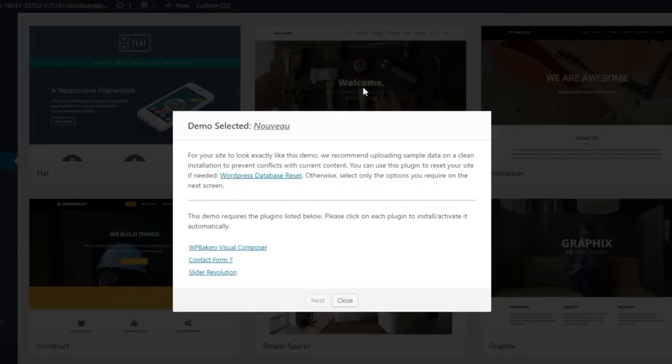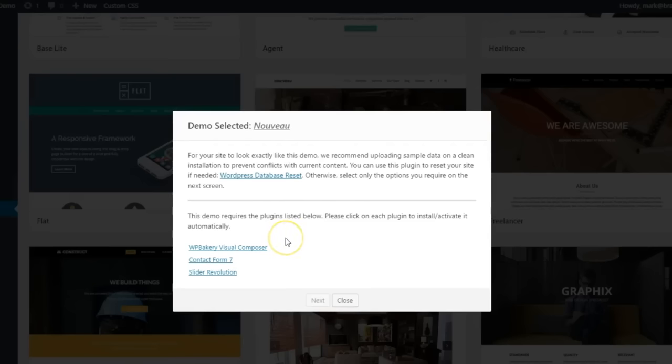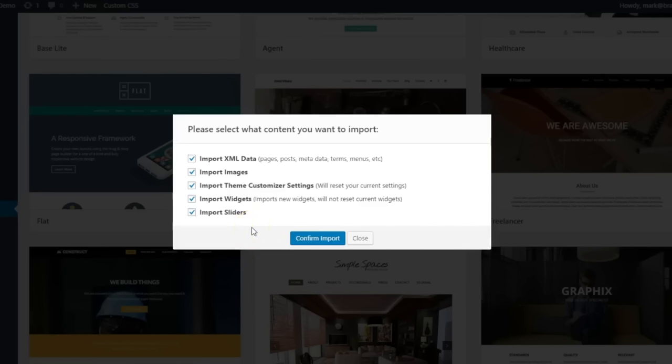That'll open up a dialog box which essentially tells me I need to install each of these plugins in order for this demo to work before I can continue. So I'll go ahead and click on each one. It will install automatically and activate automatically. And once those are all installed, I'll click Next, and the next screen lets me choose which types of data